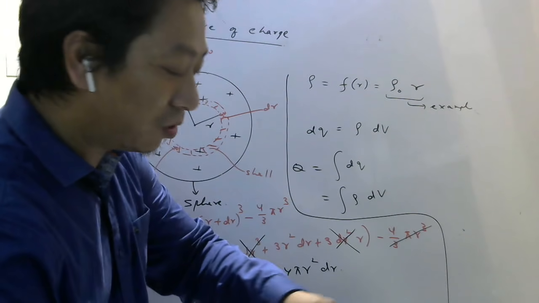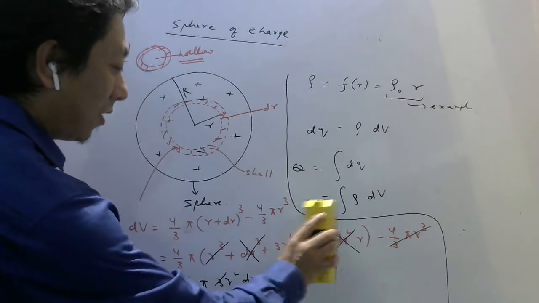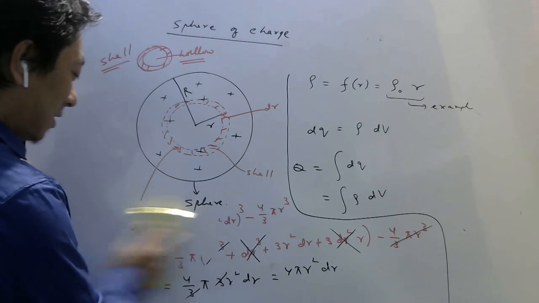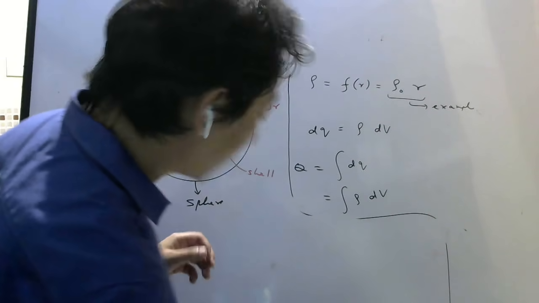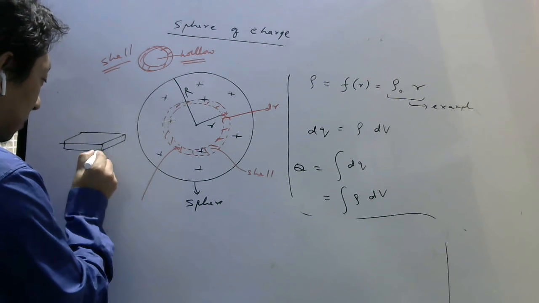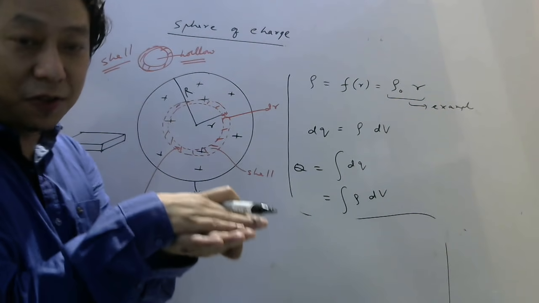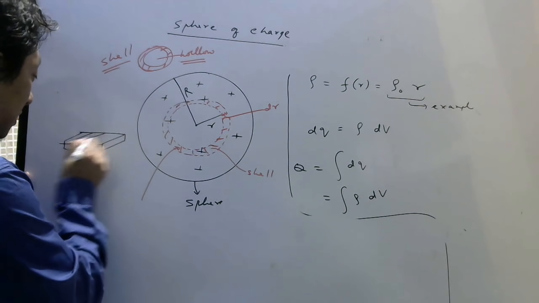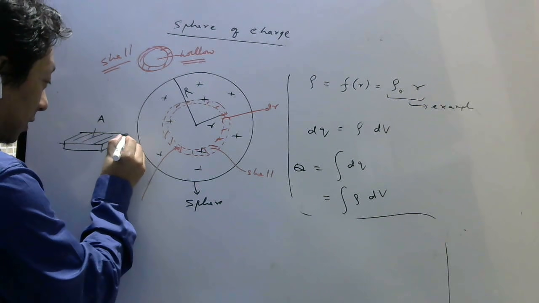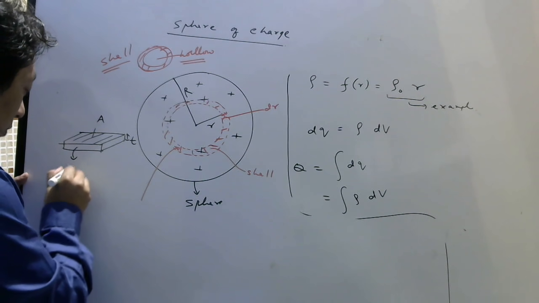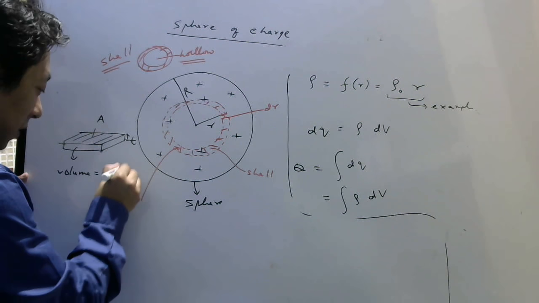Again students, there is no need to do it in such a detailed way. I have shown you the full mathematical beauty, but that much detail you don't need to do. There is an easy way to remember. So let me tell you the easy way. For that, if I ask you the volume of this shape, which looks like a flattened cube. So you take a cube, you flatten it. For this shape, what will be the volume? Let's say this area is A and this thickness is T. And what will be the volume? For such a volume, what formula do we write? Length into breadth into height.